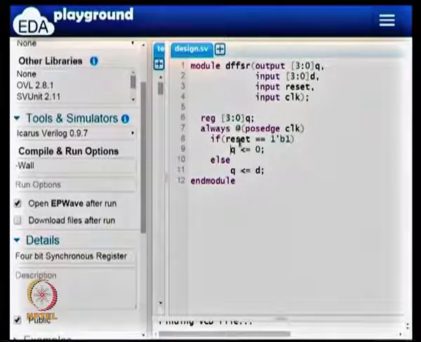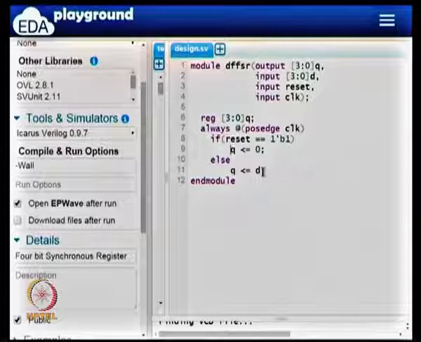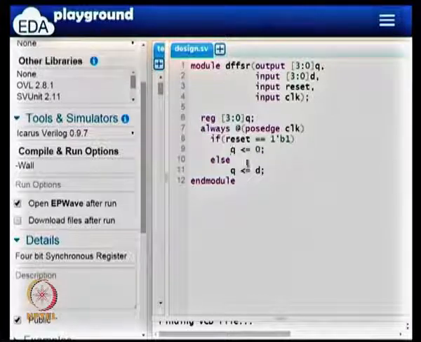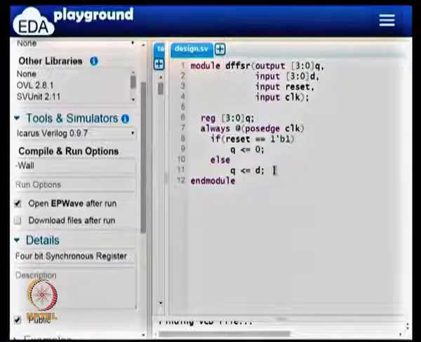In this case, both reset and D are sampled signals. We are sampling the value of reset, and based on the condition of reset, we will sample the value of D. So that is written in this form: if reset is 1, Q is 0, else Q is D. So this is the specification for a D flip flop based synchronously resettable register.